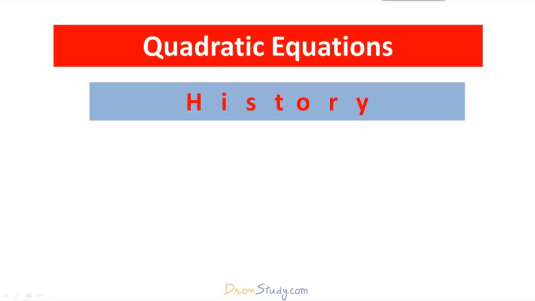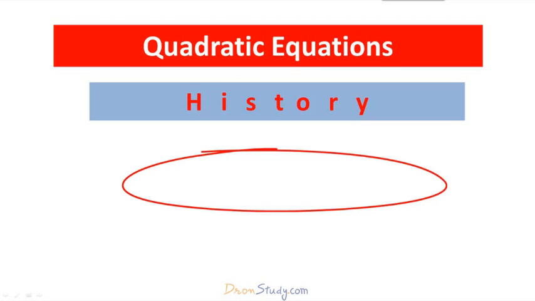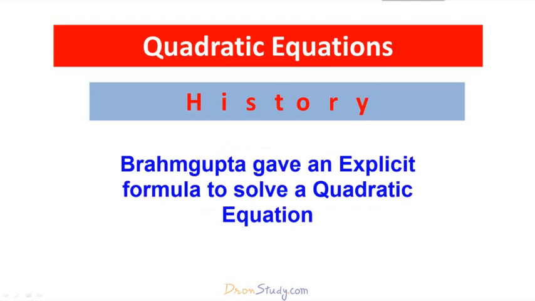Students, now we will begin with a new chapter, quadratic equation. Babylonians were the first to solve quadratic equations. However, the solution of quadratic equations in general form is credited to ancient Indian mathematicians. In fact, Brahmagupta (519 AD to 665 AD) gave an explicit formula to solve quadratic equations of the form